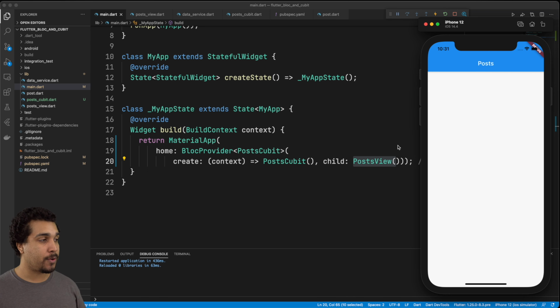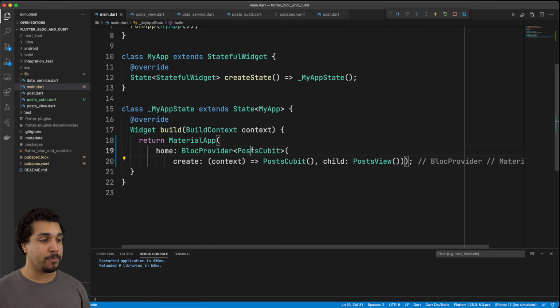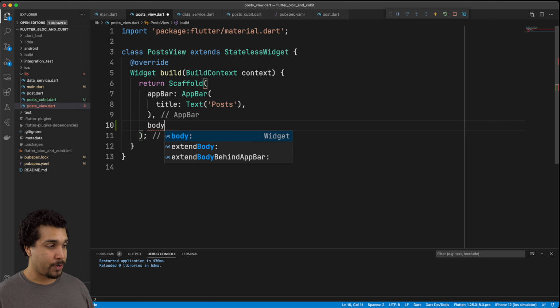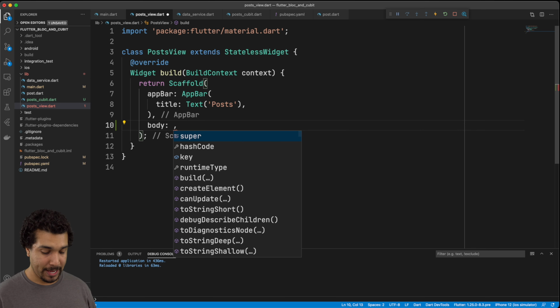So where we're actually going to see the change is our ability to access our post Cubit state in our post view, which is the child, right? So that's why that's our child, because we're going to be accessing it here. Now, at the moment, we don't have any body for our scaffold. We ain't got no body, right? What we want to do is add a body to our scaffold, and that is going to